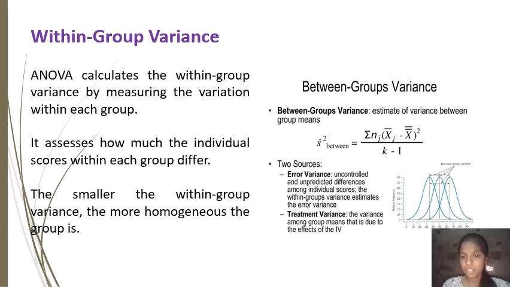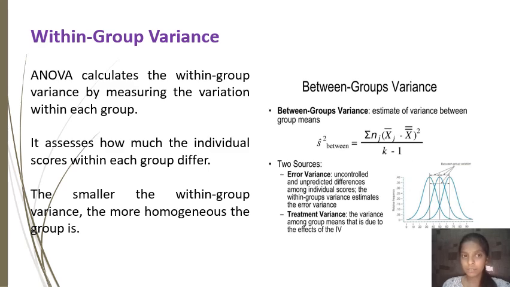The first one is error variance. It is uncontrolled and unpredictable differences among the individual sources. The within groups variance estimates the error variance. The variance among the group means that is due to the effect of one